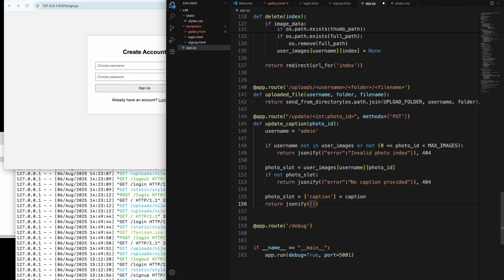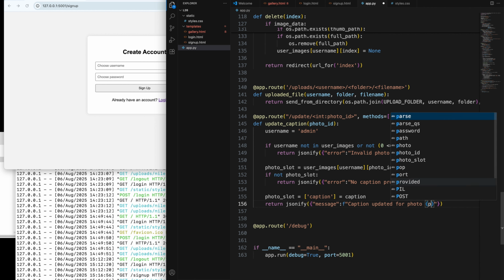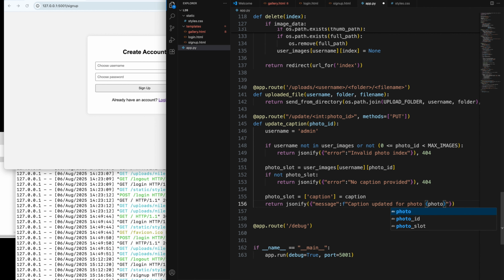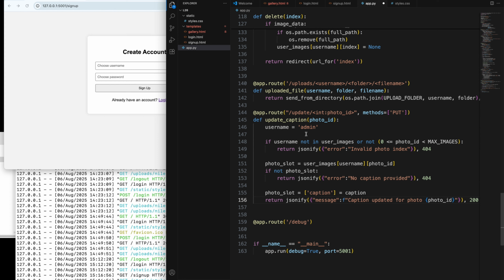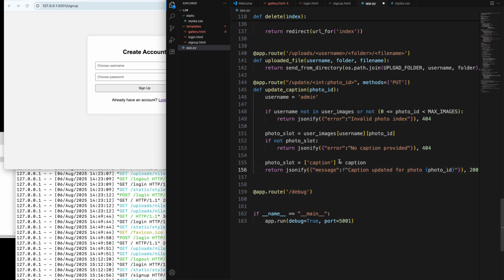So this is inside here, message, and this is an f-string: caption updated for photo_id, and this is 200. So that is how the caption would get updated when we use curl from the command line,